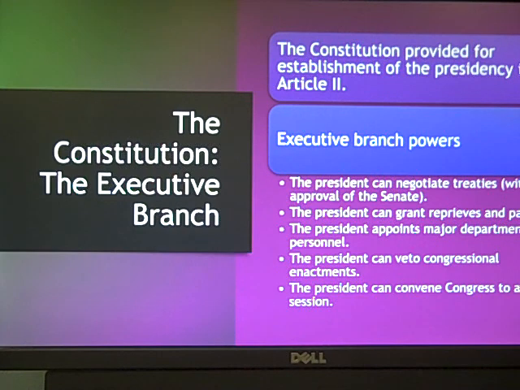The executive branch is the President of the United States. They're going to have all sorts of responsibilities. But again, as part of our system of checks and balances, right, like the President negotiates treaties, but the Senate approves them. President appoints Supreme Court justices, the Senate approves them, right? The Senate and the House create legislation, but then the President has to sign it, or he can veto it.